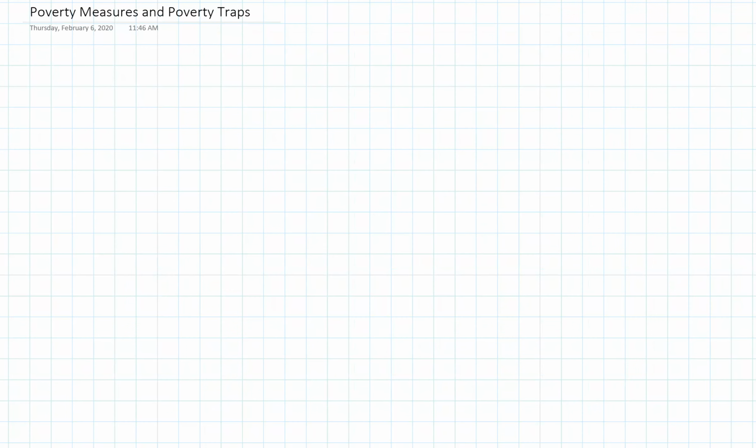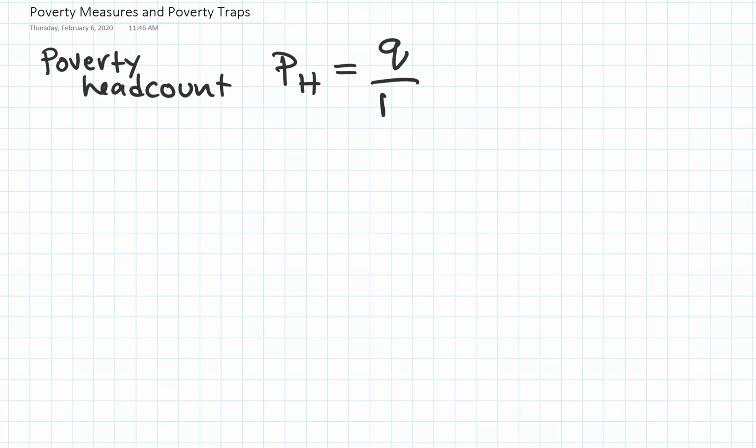Okay, so in this video, we've already talked about the poverty head count, and I'm going to use this to talk about some others, and then I'll make another video that goes through a numerical example similar to the textbook one. So we have our poverty head count index, which we've seen already, and that, using the notation from the textbook, is like this, where